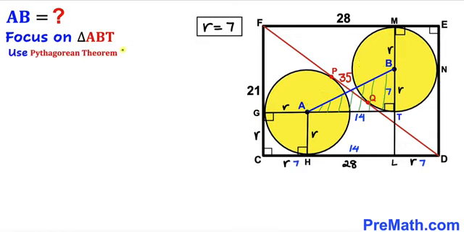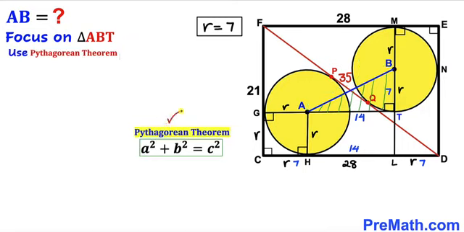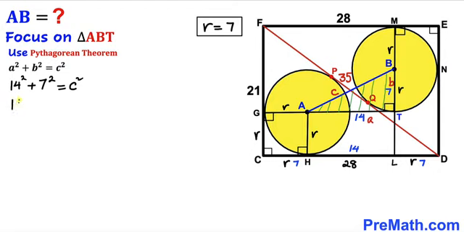So therefore we are going to apply the Pythagorean theorem. And here's our Pythagorean theorem: a squared plus b squared equals c squared. Let me call this longest side our side c. I'm going to call this side lowercase a and this side lowercase b. So let's go ahead and fill in the blanks in this Pythagorean formula. A in our case is 14 squared, b is 7 squared, equal to c squared. Let's go ahead and simplify. That is going to give us 196 plus 49 equal to c squared. So therefore c squared turns out to be